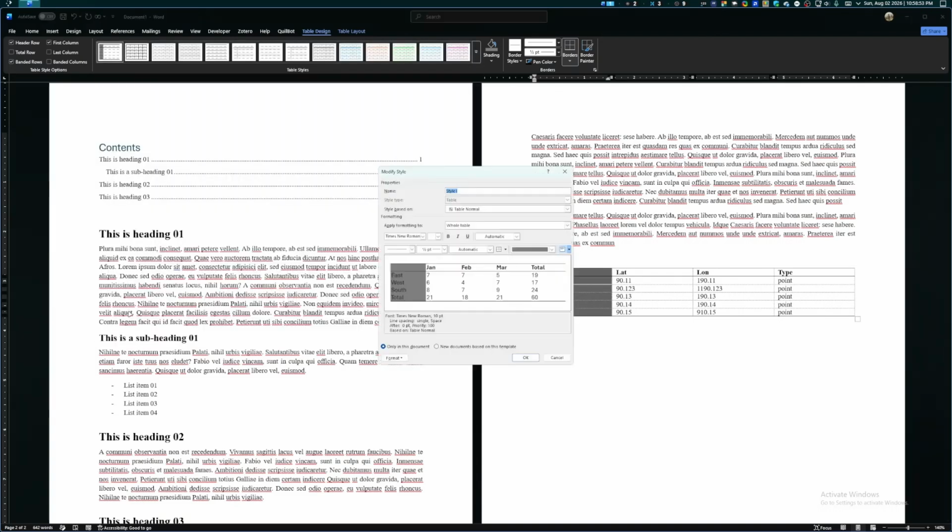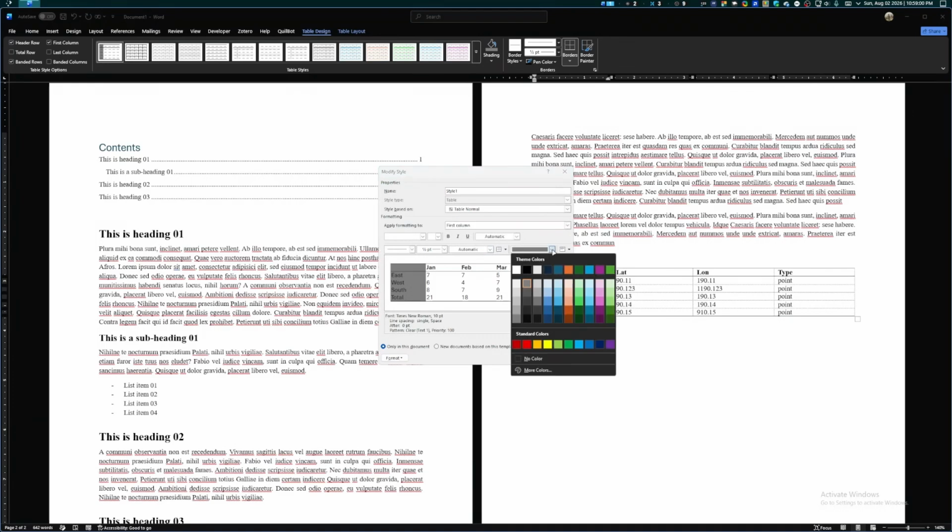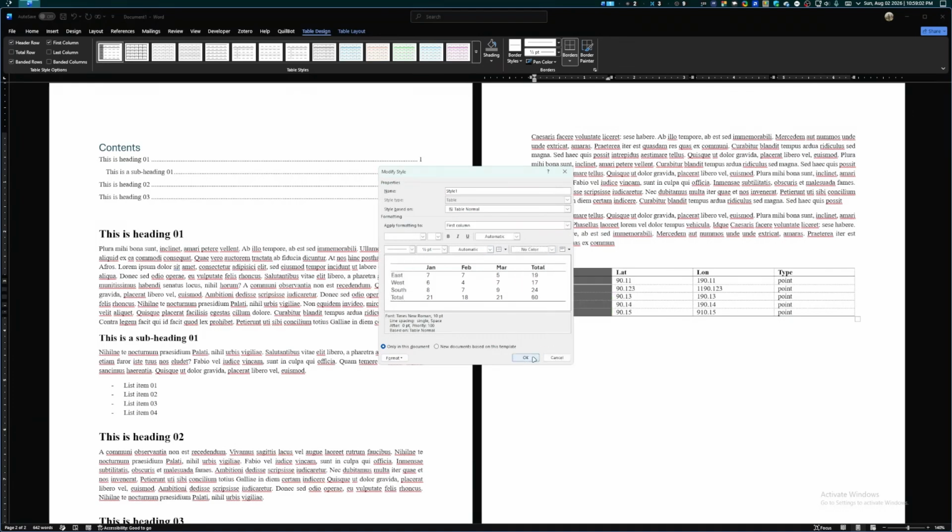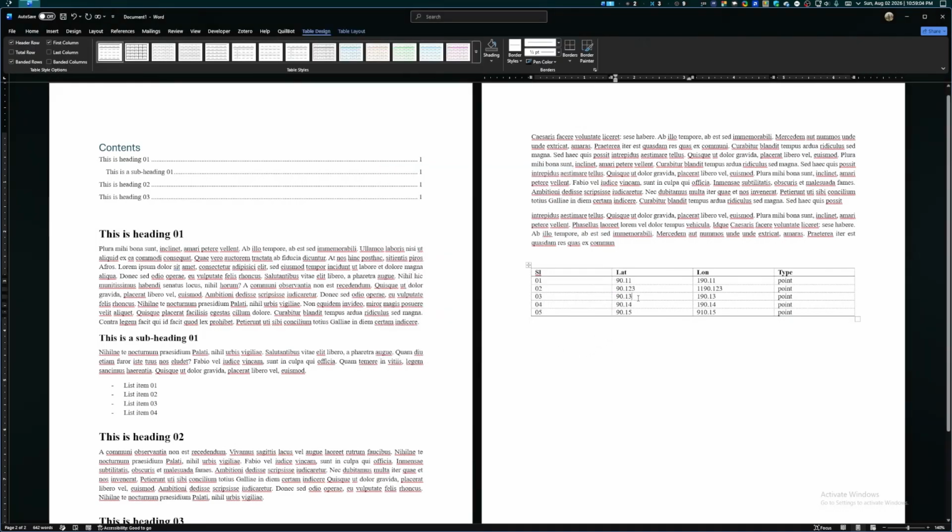Let me just modify this table style, and I don't want the first column to have any color. Now if your